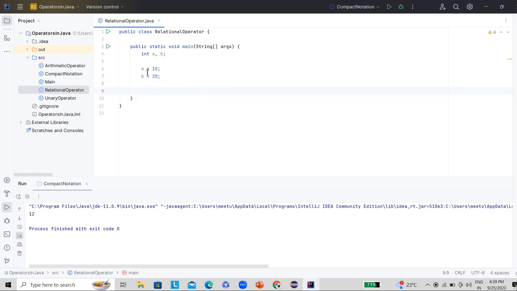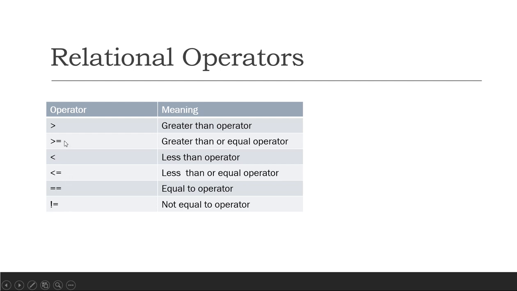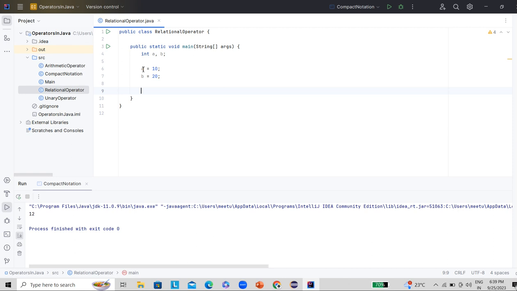Relational operators basically we use to compare two values, either in terms of greater than, less than, not equal to, or equal to. So these five or six are available for those operations in Java. Let's see, if we want to compare a and b, which one is greater and which one is less.